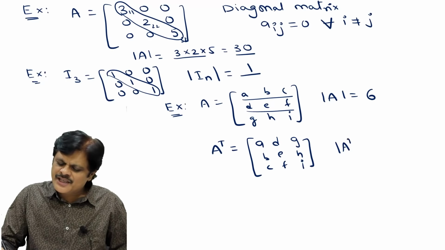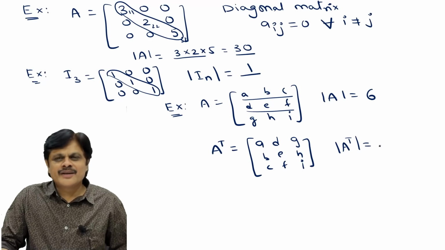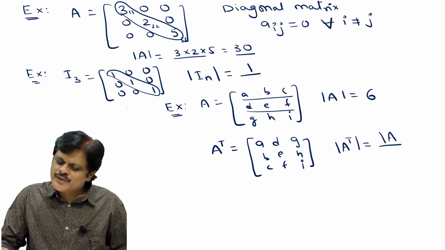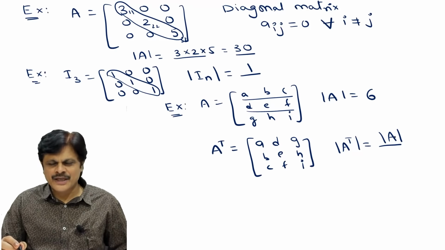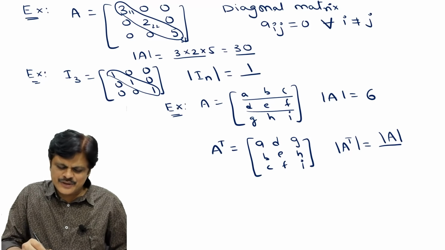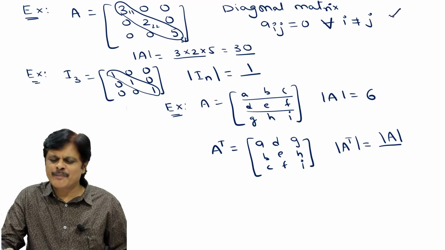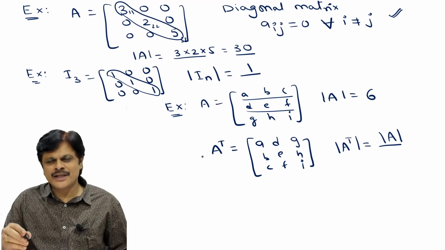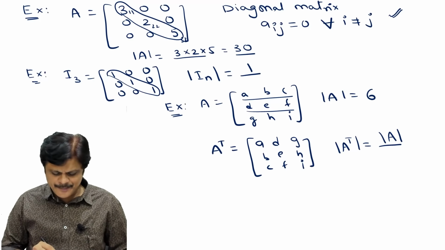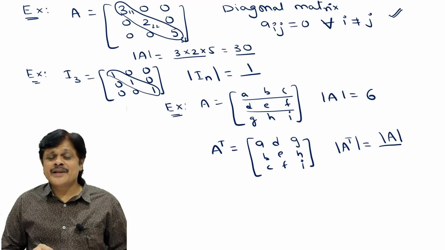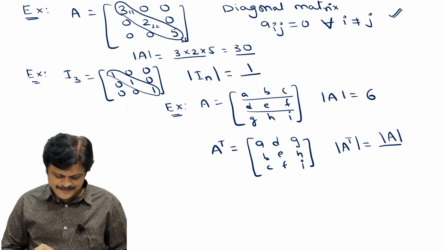So this is the transpose of the matrix. And what is the determinant of the transpose? It is also exactly the same as the determinant of A. Okay, if you know the Laplace expansion, then you will understand this property automatically. Is that clear? Like that. So this is the next. I am explaining the properties with examples. All the important properties I am explaining here. Now let us see 3 more very interesting results.